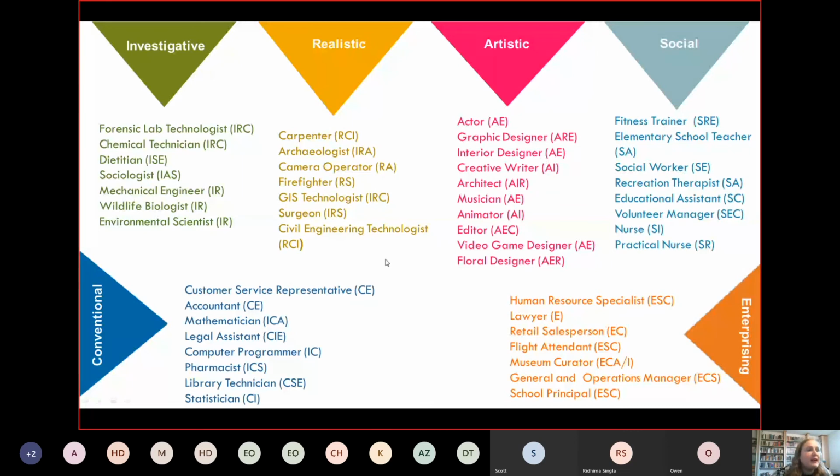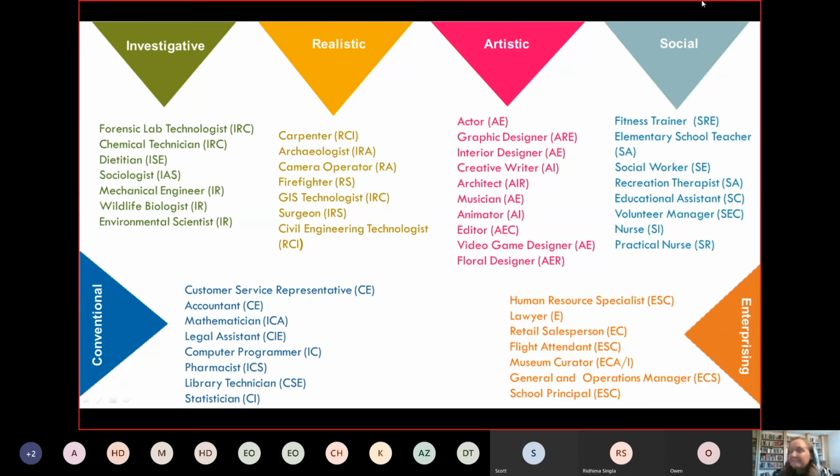We've got some realistic occupations up on the screen. If realistic is your dominant area, a lot of the time you're looking into some occupations at the college level or other areas like that. A lot of the trades are realistic dominant. So if you really want to work with your hands, those are awesome areas for you to be exploring. Some examples on the screen: carpenter, camera operator, firefighter, surgeon, civil engineering technologist, just to